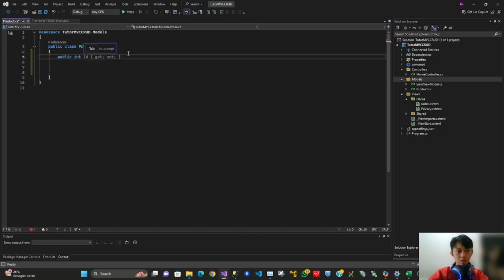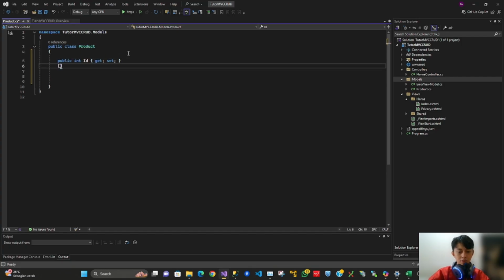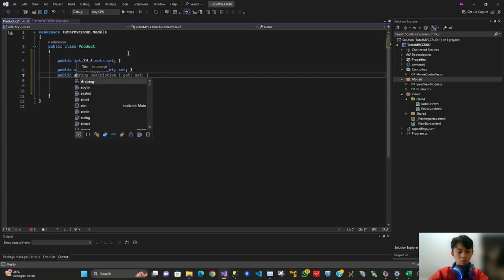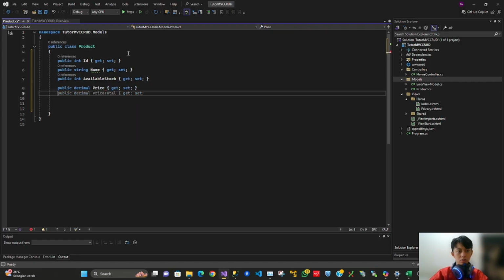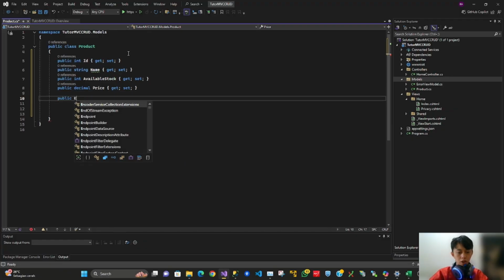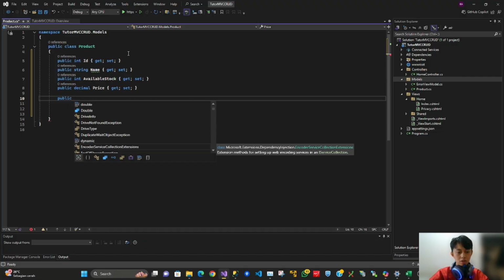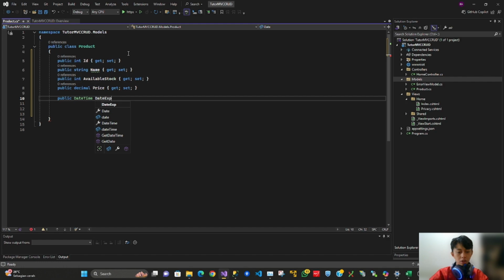Public int Id, let's give the Name, Description, Available Stock, Price, Expiration Date.